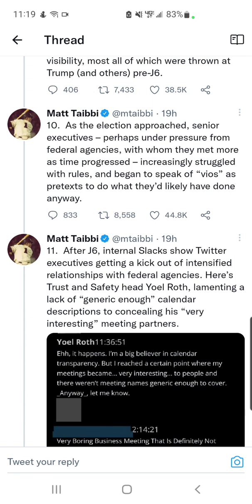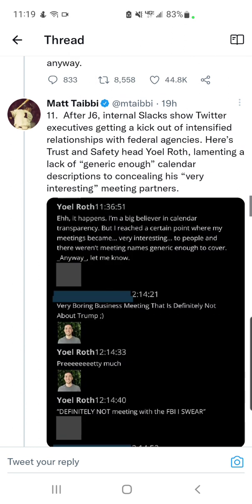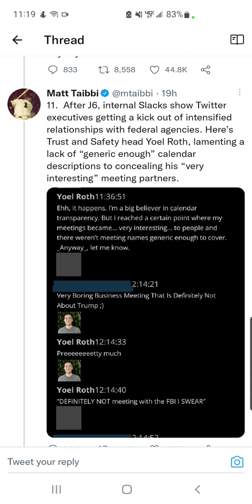As the election approached, senior executives, perhaps under pressure from federal agencies with whom they met more as time progressed, increasingly struggled with rules and began to speak of VIOSs as pretexts to do what they'd likely have done anyway. After January 6, internal Slack, being a communications platform, showed Twitter executives getting a kick out of intensified relationships with